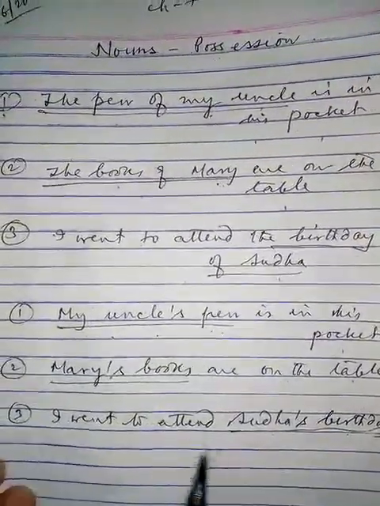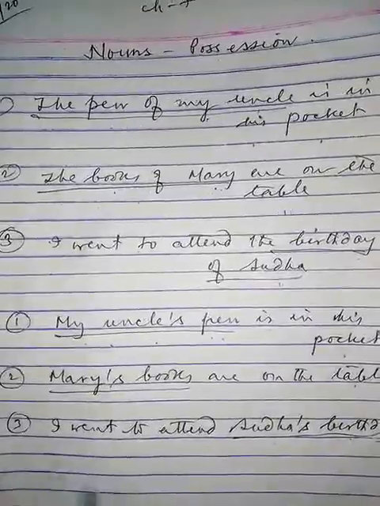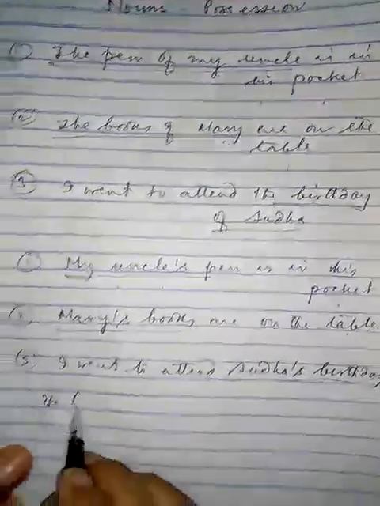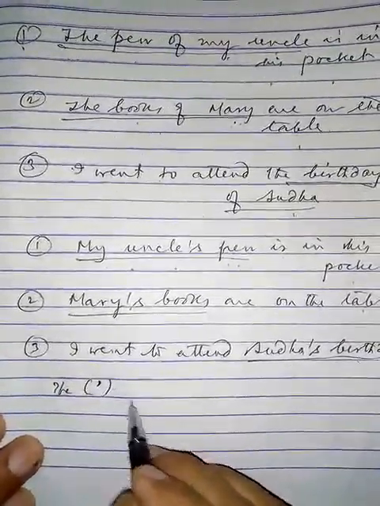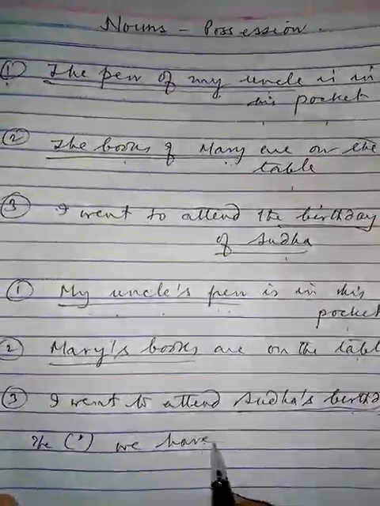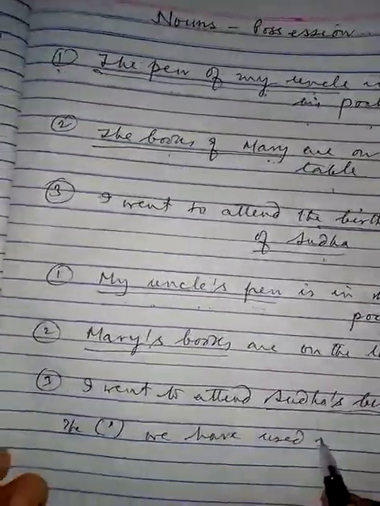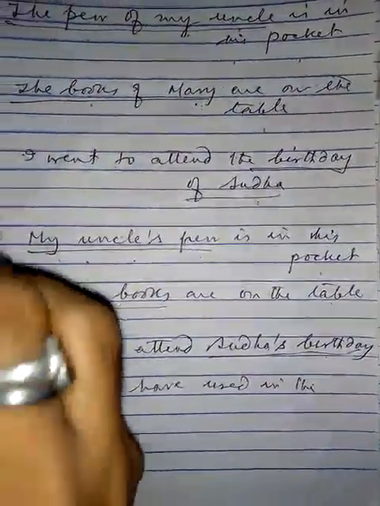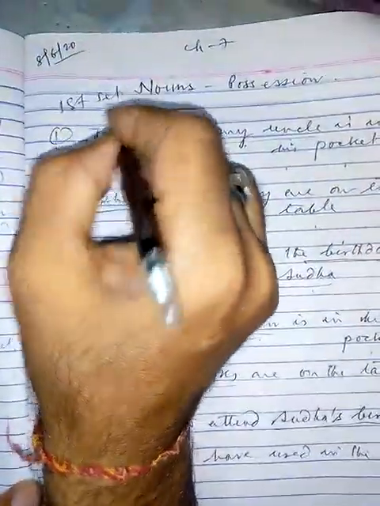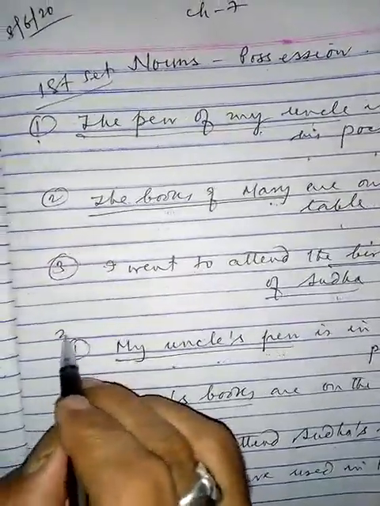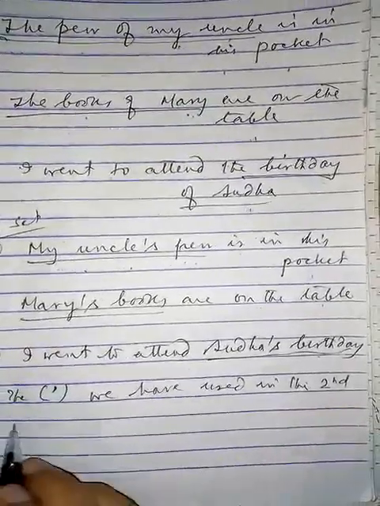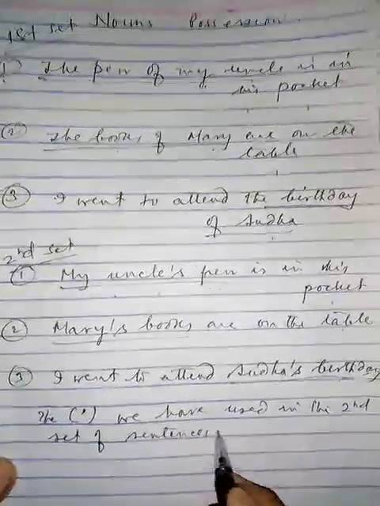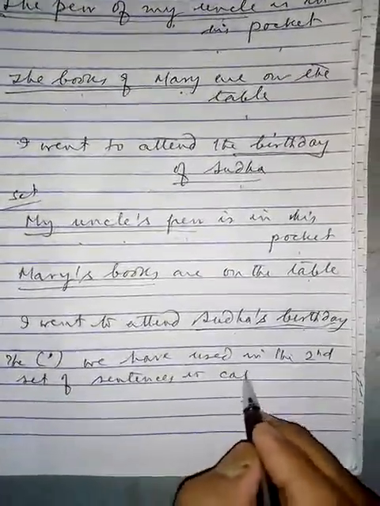Clear? Now, what is the difference between them? Generally, the sign we have used in the second set. This is the first set, suppose, and this is the second set. In the second set of sentences, the sign is called